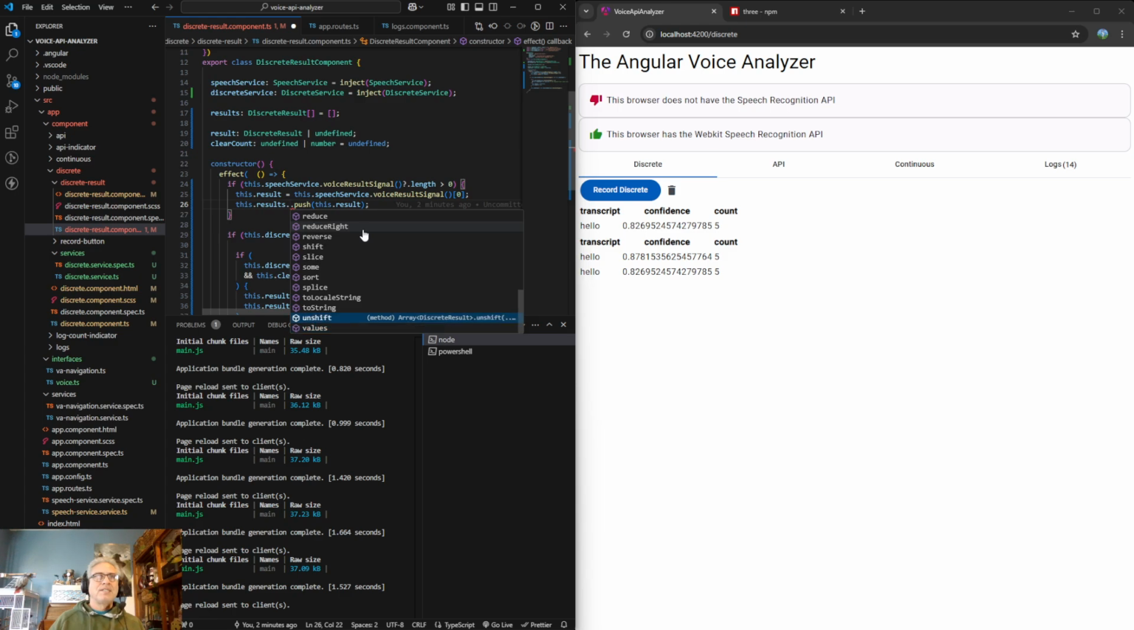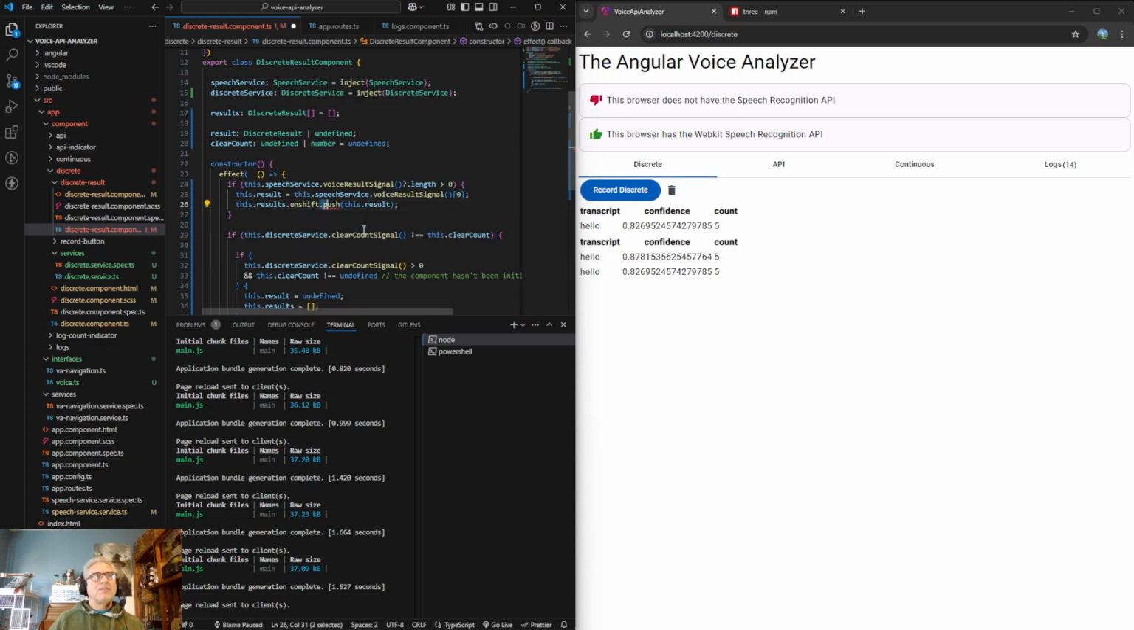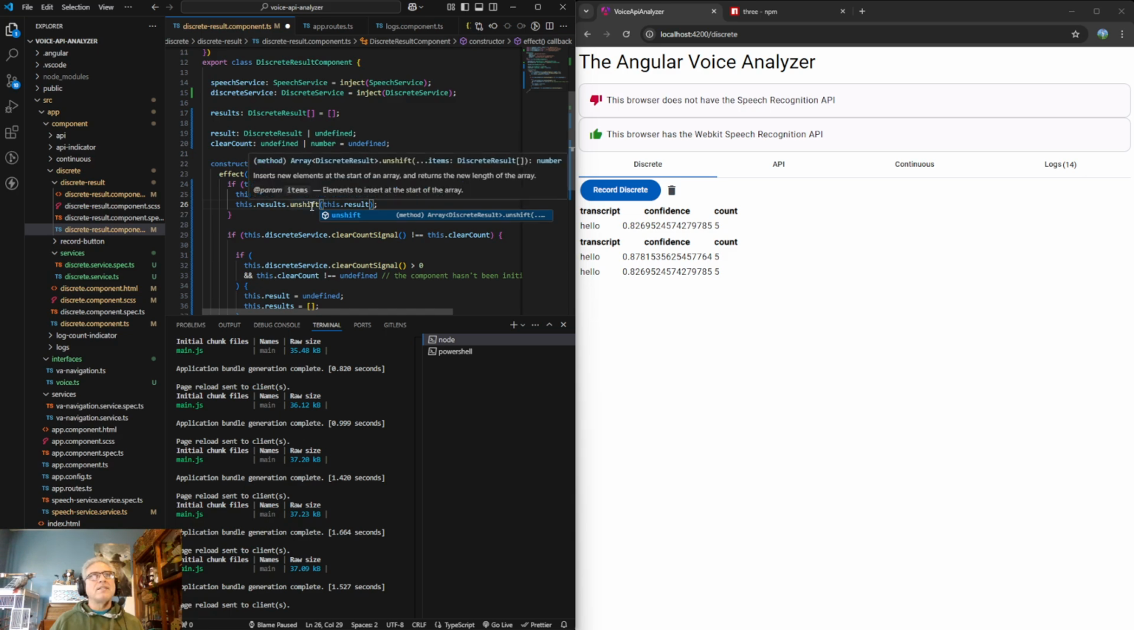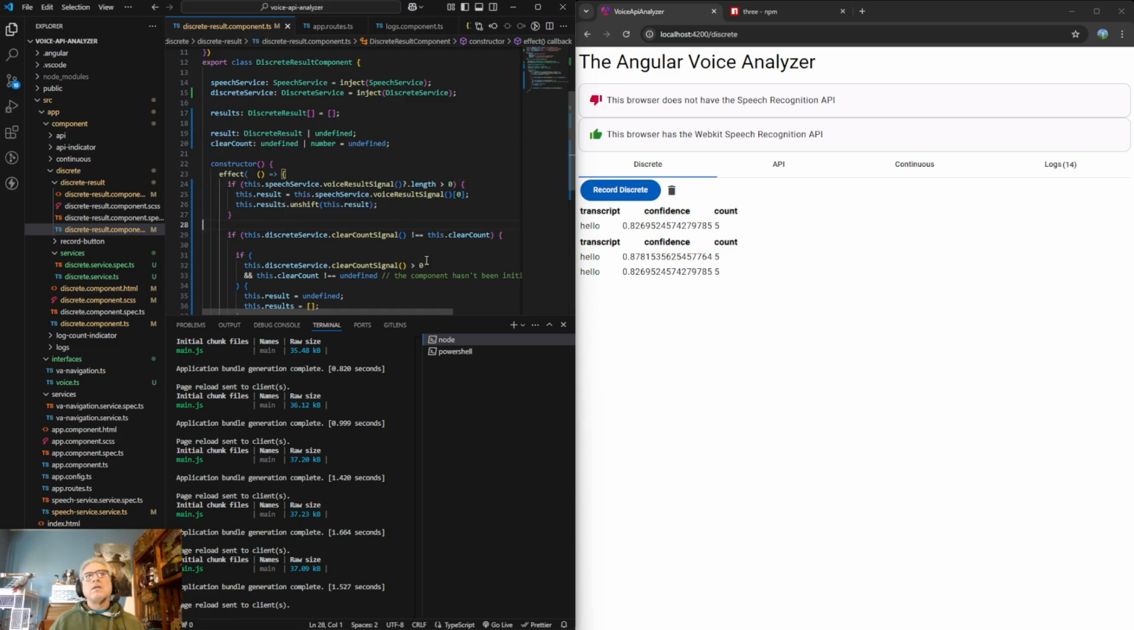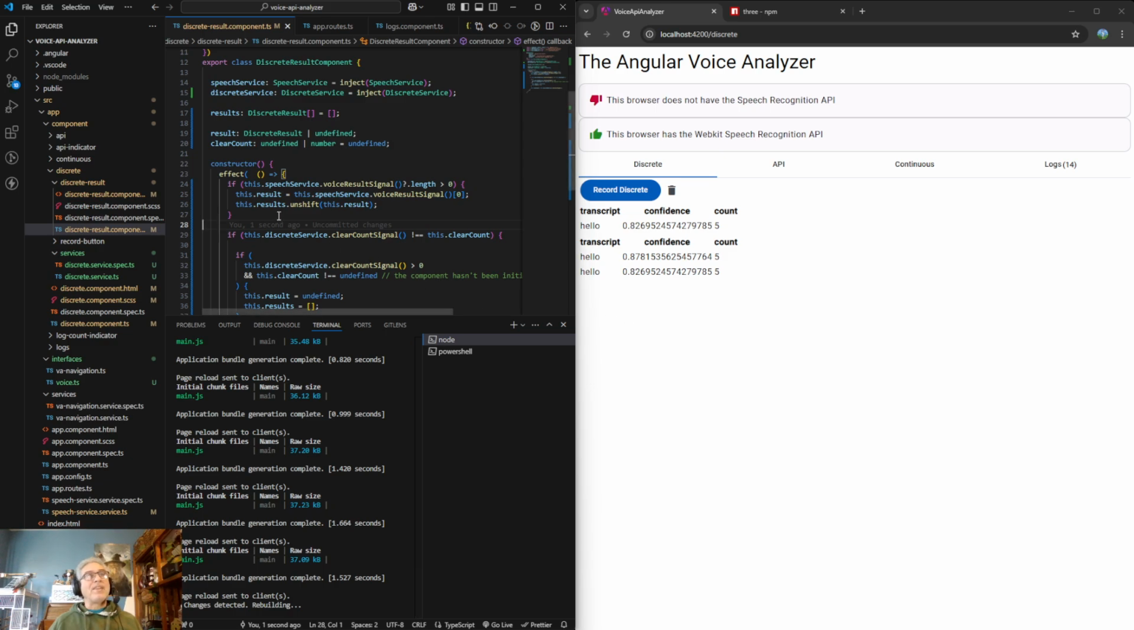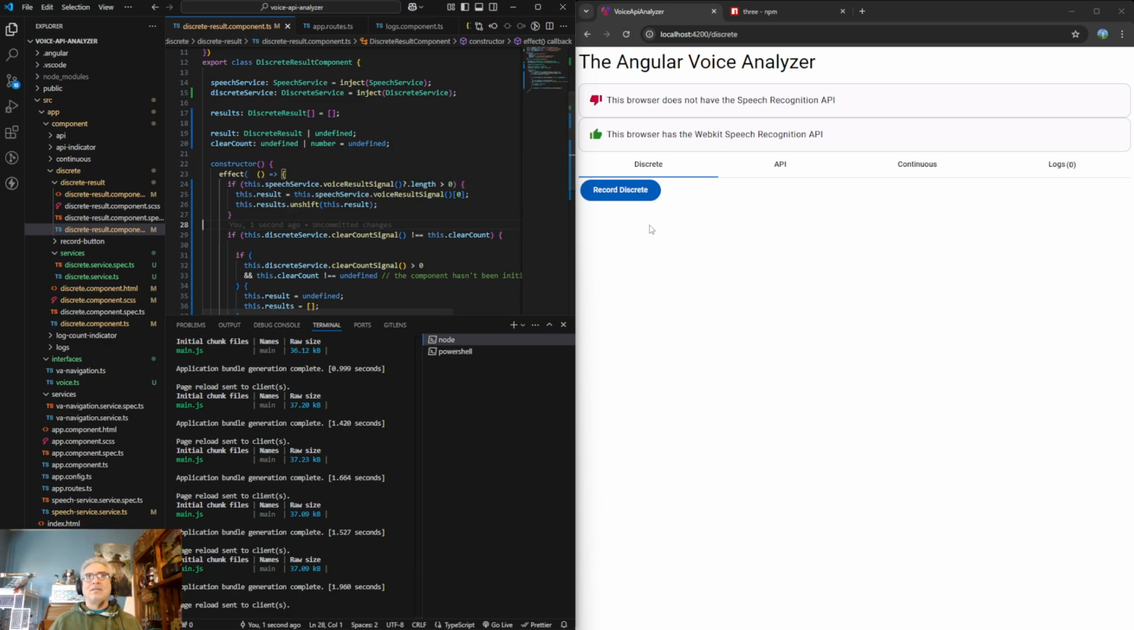Unshift. I believe that is what we want. I believe this puts it at the end. Inserts a new element at the start of an array. Right. Boy, that does not feel right either. I mean, that is just